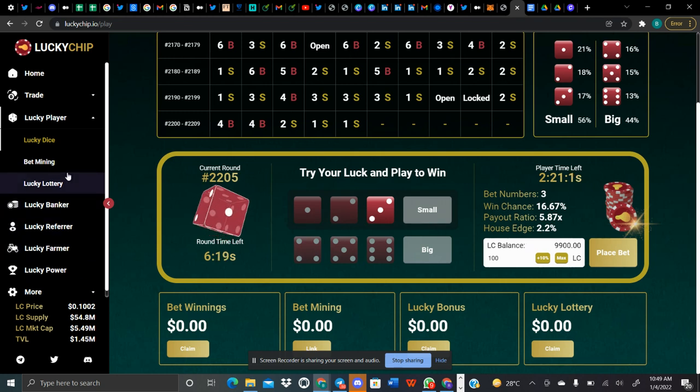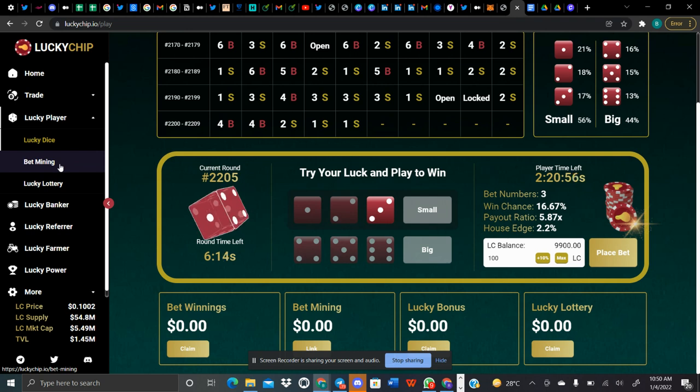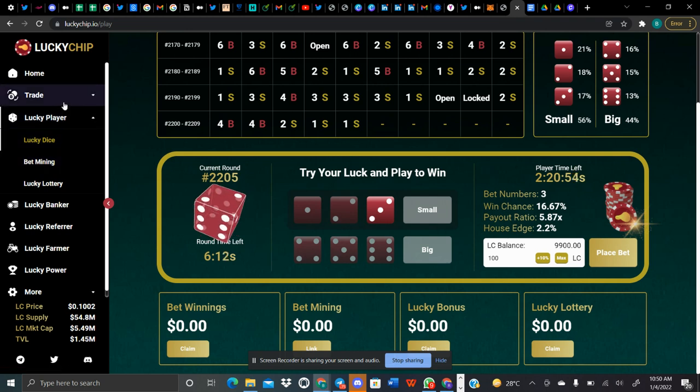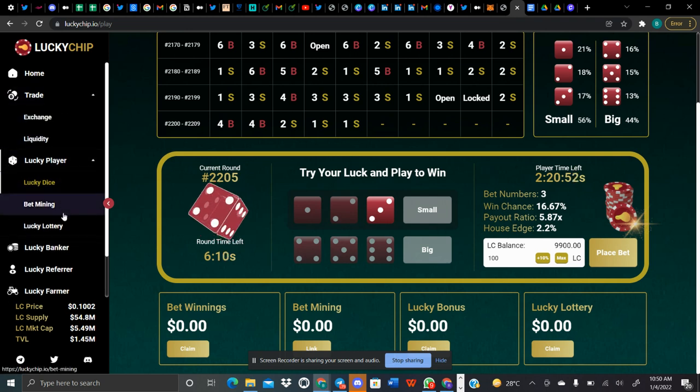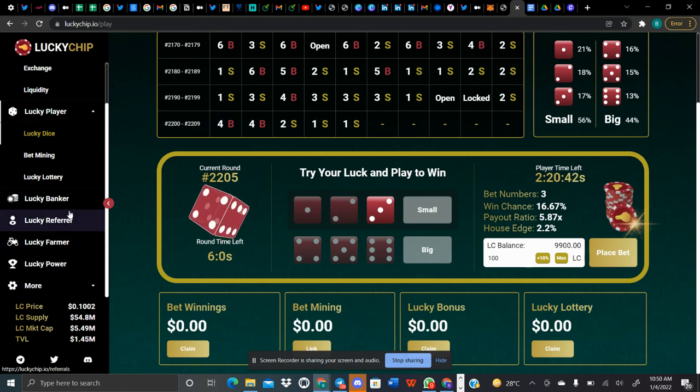Join us in our next video where we explain how to use other features of Lucky Chip. As you can see here, we have the trade where you have exchange and liquidity. We have bet mining. We have Lucky Chip. We have Lucky Lottery. We have Lucky Banker, and so much more. In my next video, I'll explain other